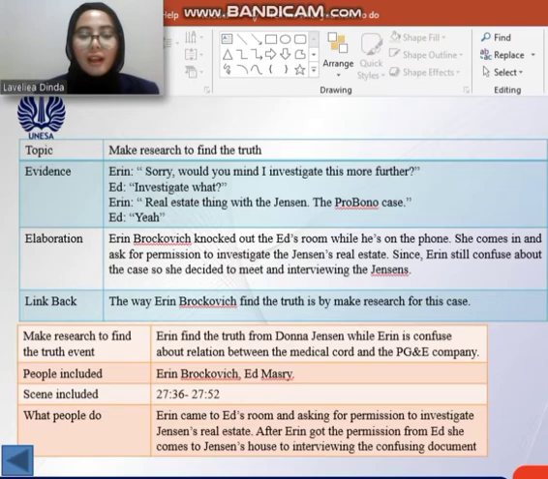Next. This is the explanation of the topic, make research to find the truth. The evidence that I found here is the conversation between Erin and Ed, when Erin asks permission from Ed to investigate the real estate matter with the Jensens. So after she got the permission from her boss, she comes to Tuna's house to ask him some questions about the medical court and the PG&E company. People who are included there, Erin Brockovich and Ed Masry, and what people do,